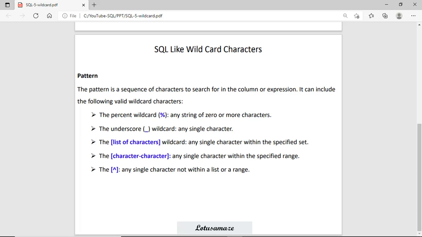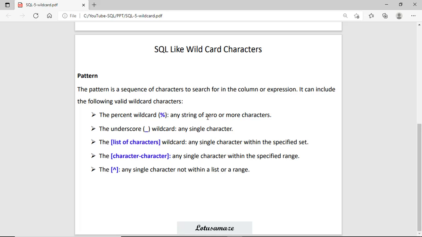So what is that pattern and how do we create it? For creating the pattern, we have some wildcard characters. Number one is the percentage sign. If you use the percentage sign, it means any string of 0 or more characters, so the number of characters leading or following doesn't matter.